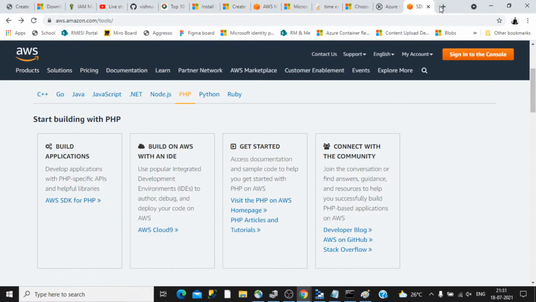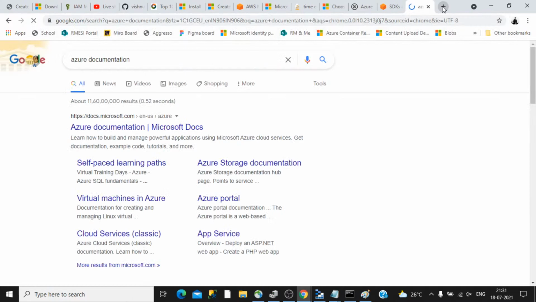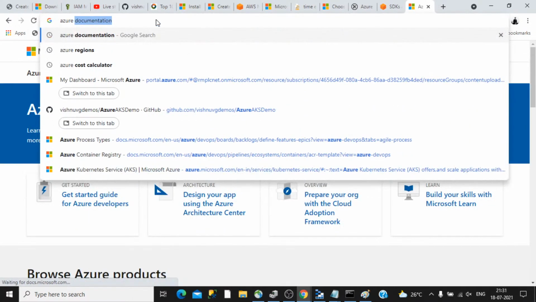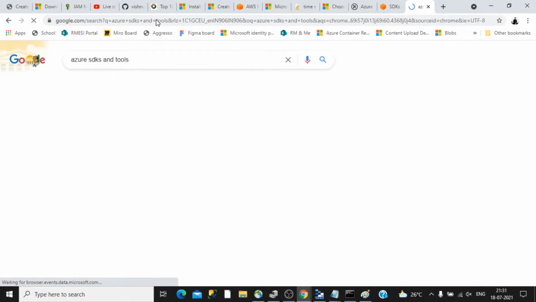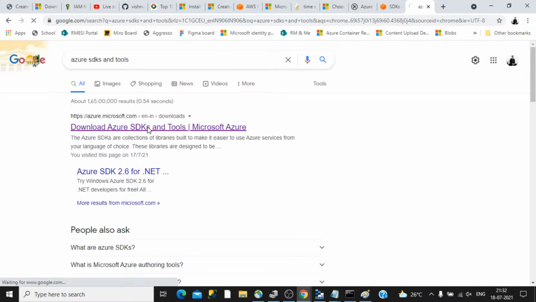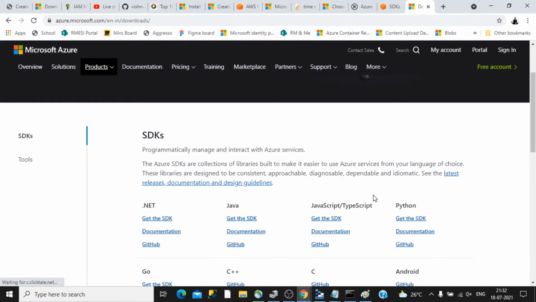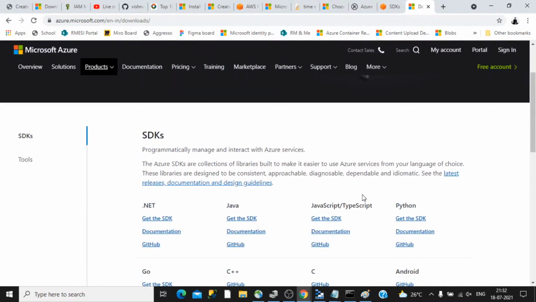Similarly, like AWS, Azure also provides documentation, or you can search for Azure SDKs and tools. So you will get familiar with those things as well. In some cases it will also show particular examples, so you can follow that and understand.